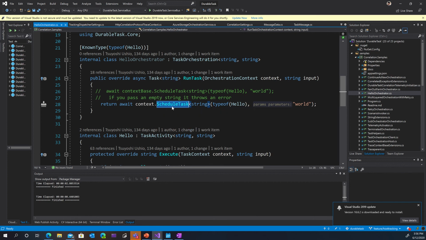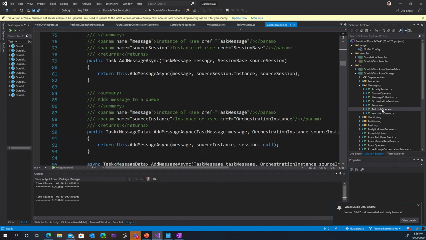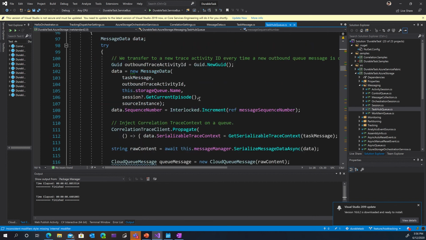If you write this code, it sends the queue with telemetry through the task hub, the task hub queue client, which I'm going to show you later. So this resides in here, the messaging is in here. You can go to the task hub queue, and eventually this one is called the task hub queue and gets